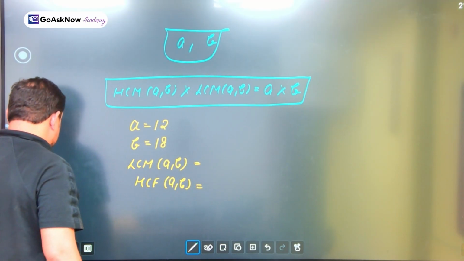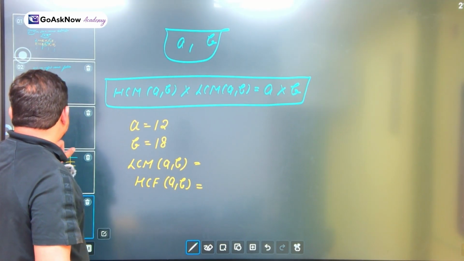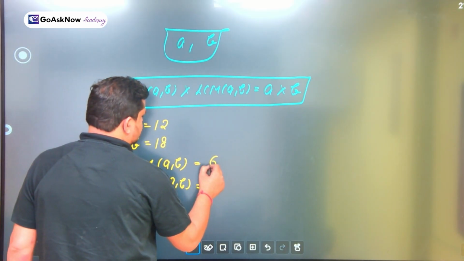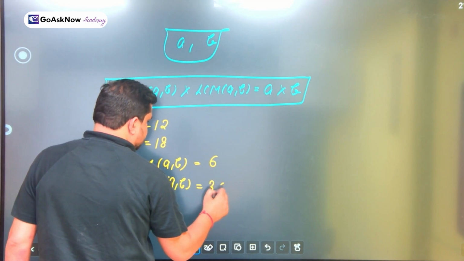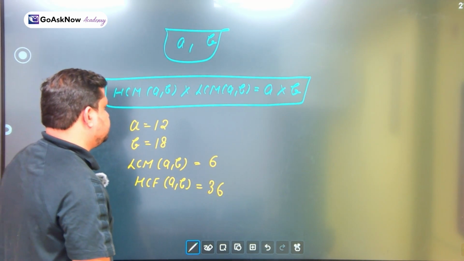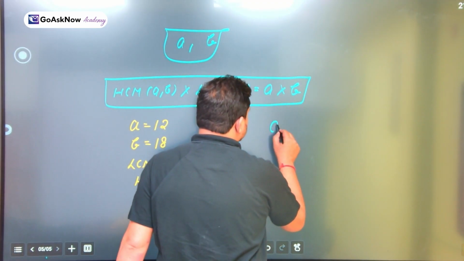So what was the LCM? LCM was 36 and HCF was 6. Write it down: LCM was 6 and HCF was 36. Okay, so if we do check, then A cross B,